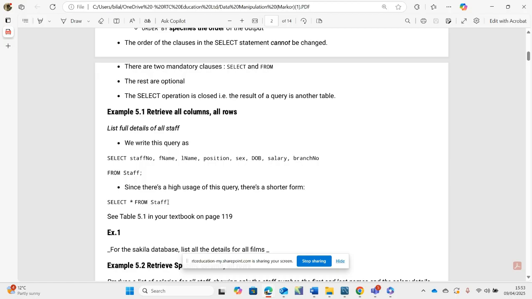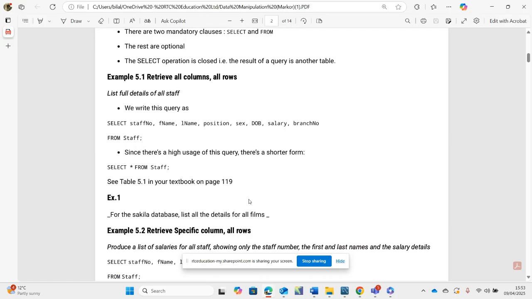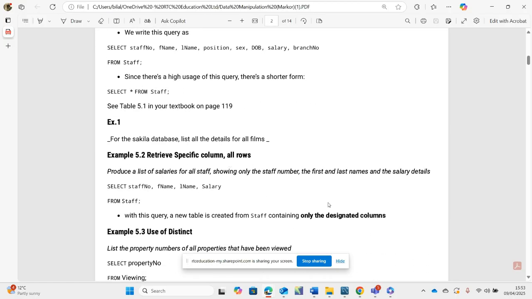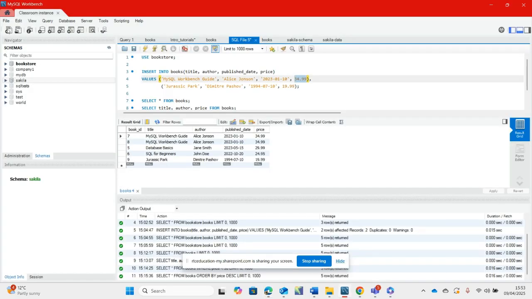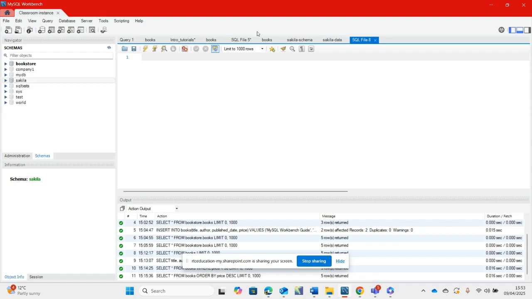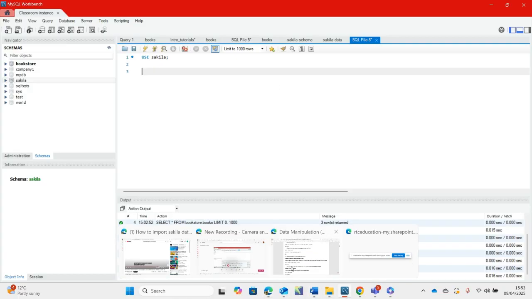Now, so far, I would expect that you would have installed the Sakila database, which allows you to practice with it. So I'm just going to go ahead and create a new tab here, and then I'm going to select my Sakila database. And assuming from our exercise there, our exercise asks us to